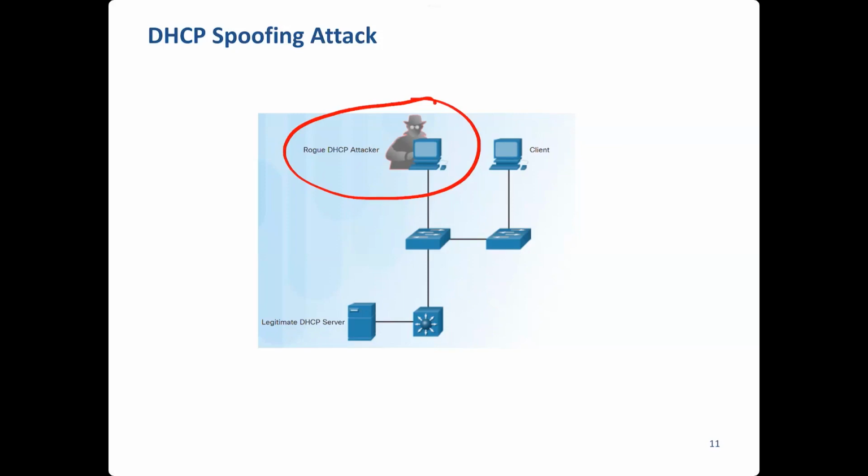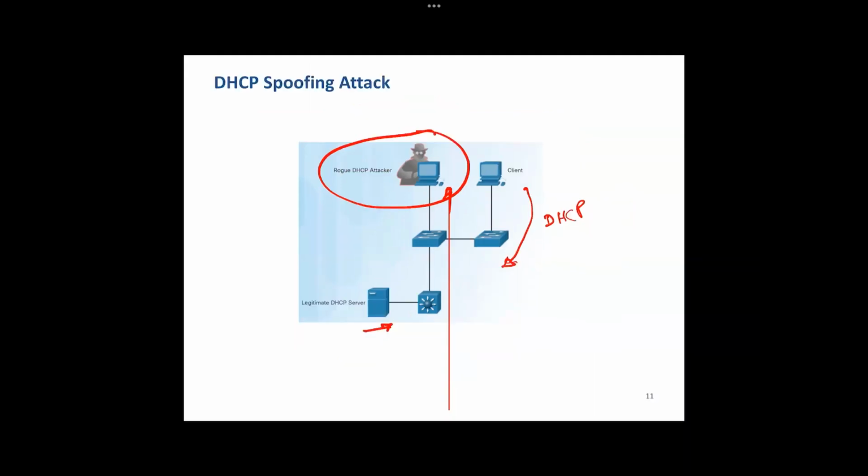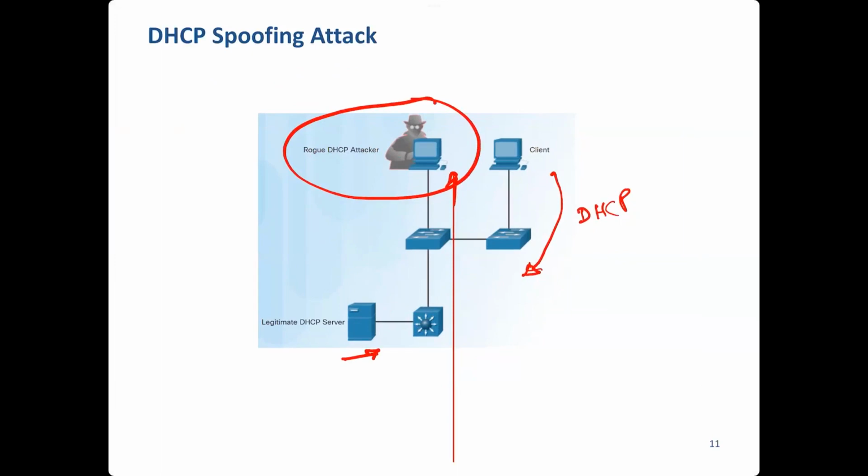Look, one weakness we know is that anybody may be requesting for something. A client may be requesting DHCP parameters, right? This request is broadcast, because the client doesn't know where the DHCP server is. The DHCP server is here, but the request will go to everyone. So if this guy also receives it,